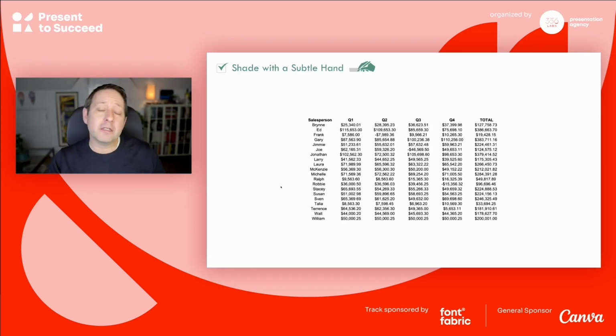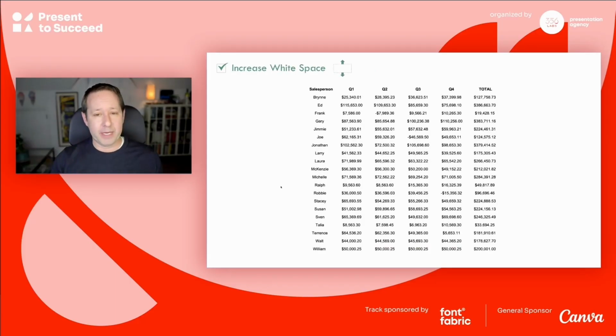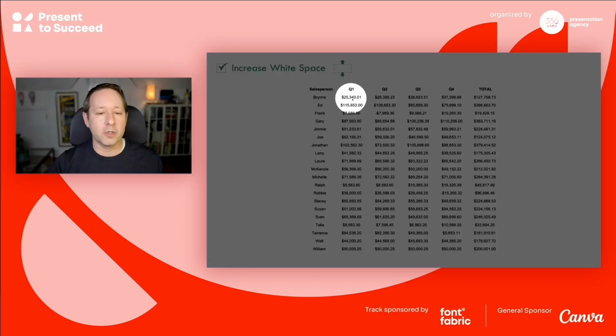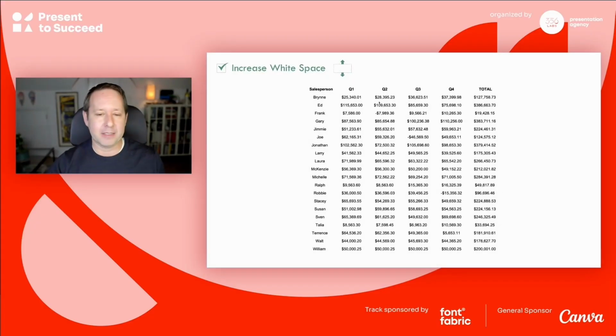If you feel as though you need to do it to differentiate the rows, think about also, if you have the space, increasing the vertical white space in between rows. The rule of thumb is no more than 1 to 1. So here we've got one X height for the row, and then the space is no more than that same X height. In this case, our columns and our rows now have enough negative space to start to differentiate them.